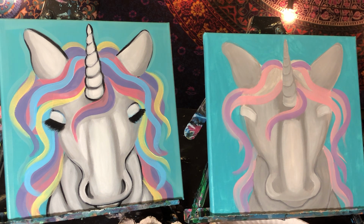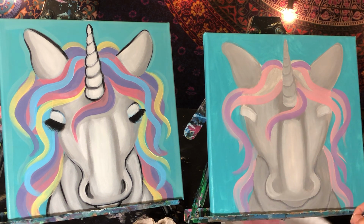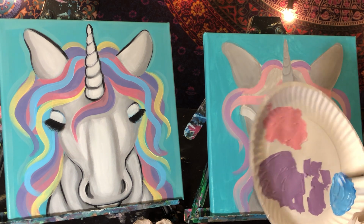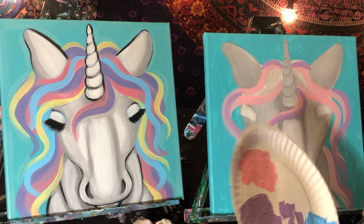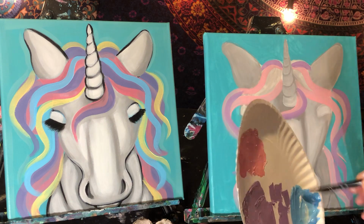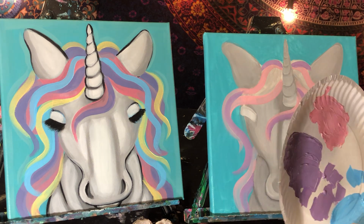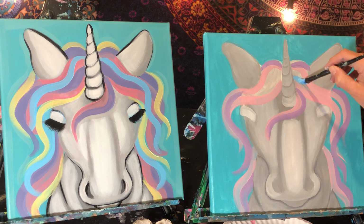And here's the kind of thing I like to go really slow on, because sometimes I overdo it. And then I have too much, and it's hard to take it away when that happens. So I'm going to do blue, and then I'm going to add some white to it until it's, again, a blue that matches my other two colors. So I'm going to keep adding white until it's a blue that I think matches. Okay. Then I kind of get the excess paint off by flattening my brush. And then I'll go in there and